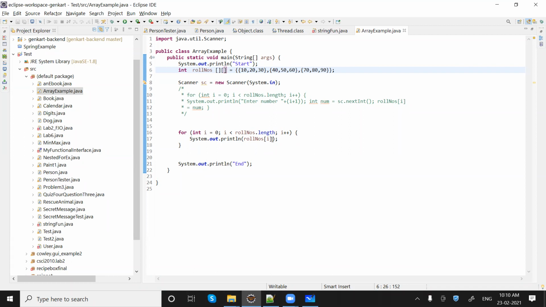Okay, now if I say access this particular element, what we need to do is we can see this is an array of arrays. How many arrays are there inside this particular array? 3 arrays. This is 0, this is 1, and this is 2.